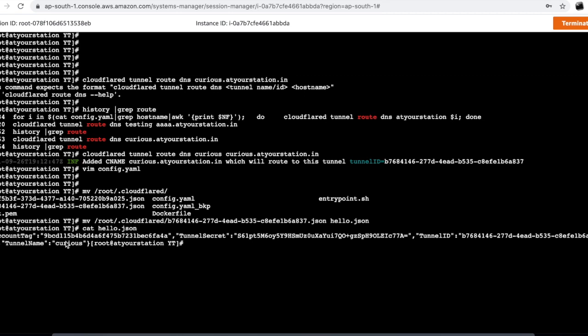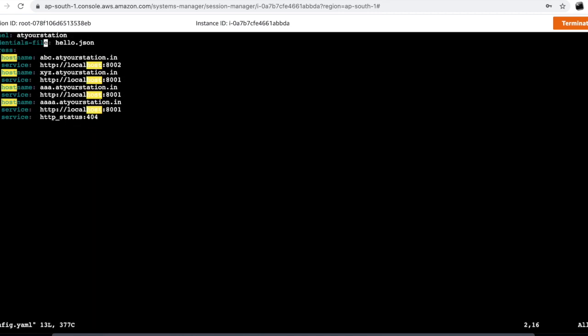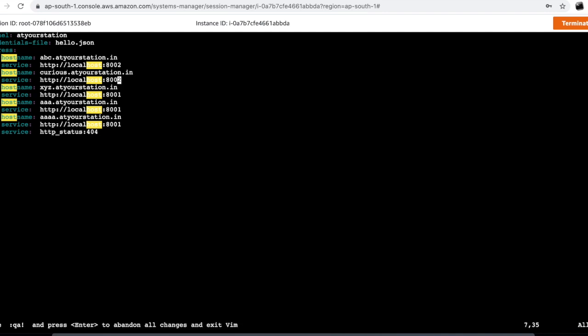Tunnel name is curious, correct? Okay. So I need to specify here that if curious.atyourstation.in, redirect me to port 8002 of my web service. Tunnel name is curious.